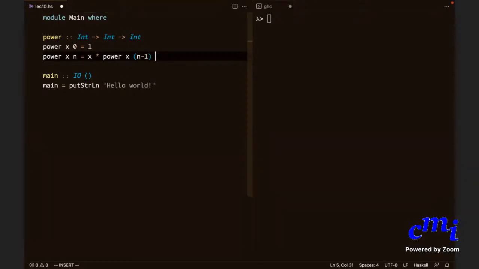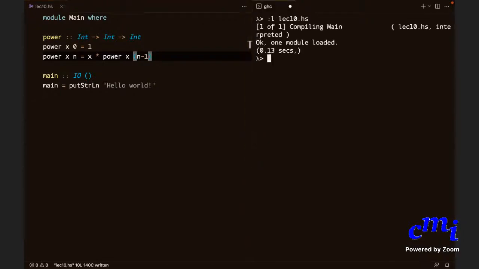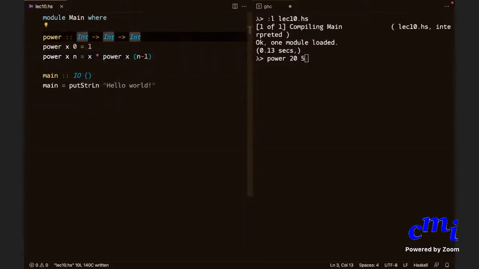Okay, done. You load the file, then you can check for power of, say, 20 to the power 5, but I should have said Integer. Let's say that the base number can be an Integer, but the power can only be an Int.